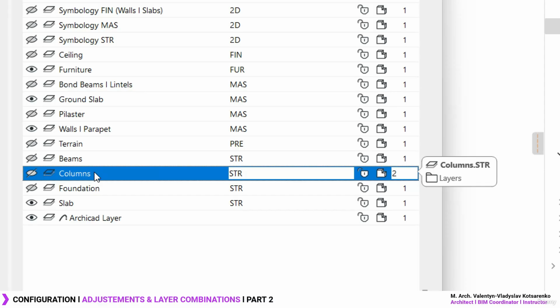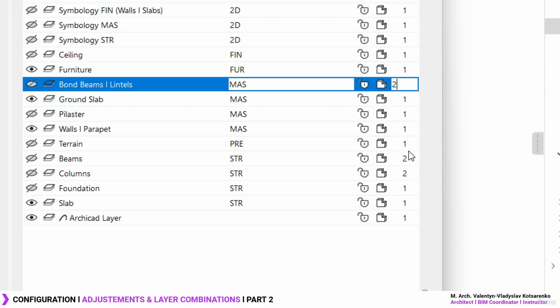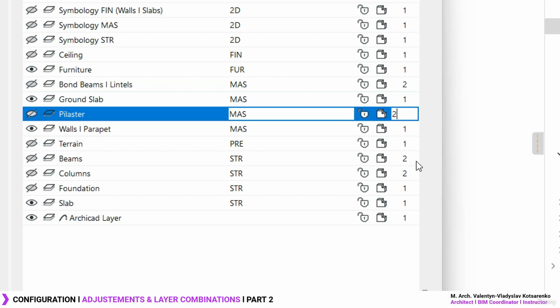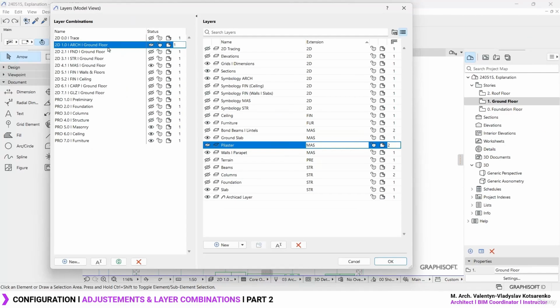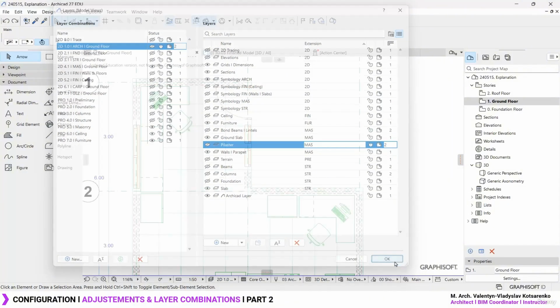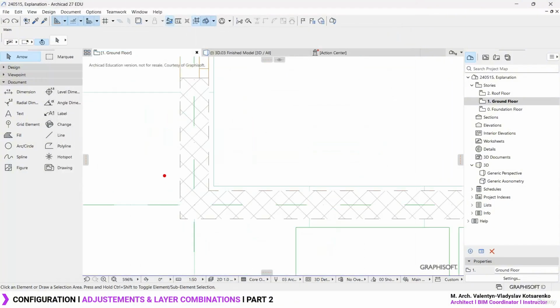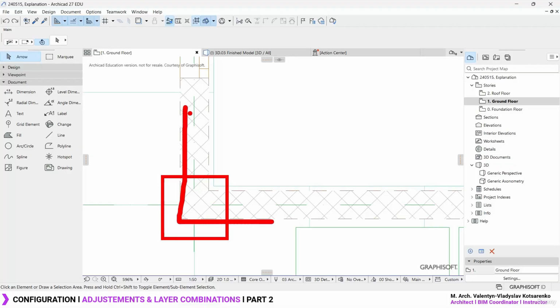So make sure to select the columns and set this to 2. The same goes for the beams, just in case. The same goes for the bond beams. This one is going to be number 2. And then finally, the same goes for the pilaster. This one is also set to 2. Okay? Once you have everything ready, you update once again the layer combination. Press OK. And now you can see how the subtraction is not happening, and the wall will display fully